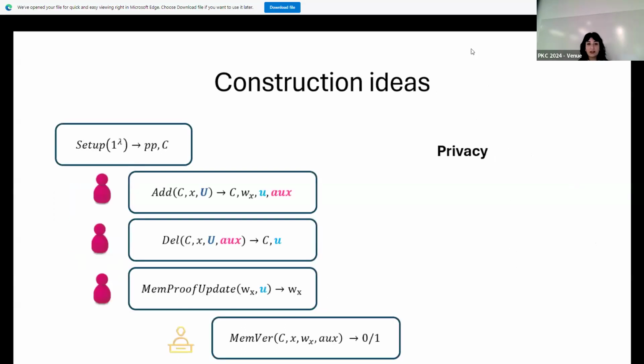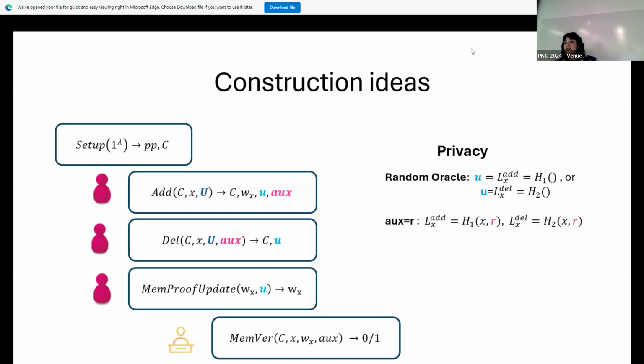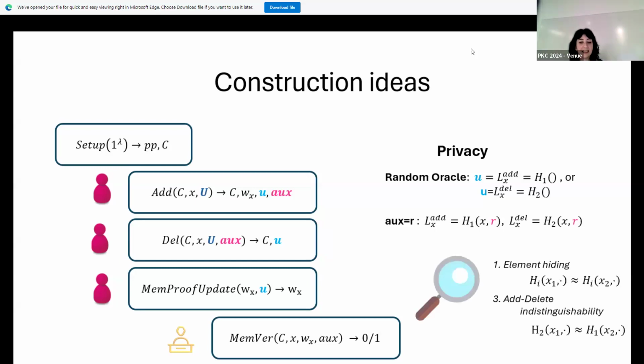So using these construction ideas, we can further realize this construction, and for privacy, we choose to use a random oracle. For the addition labels, we just use hash 1. For deletion labels, we use hash 2 in this example, and these go to the update messages, and hopefully they won't leak anything. Actually, we prove that they don't leak anything. And then as auxiliary information, to avoid guessing attacks, we just add randomness. So in the addition, whoever adds an element has to store the auxiliary information and use it to delete later. And you can see in the paper why it's element hiding and